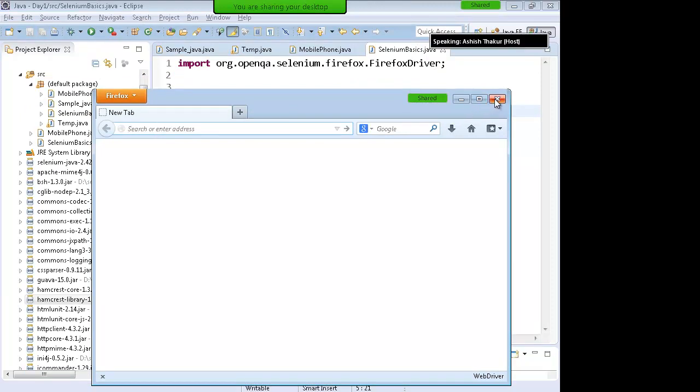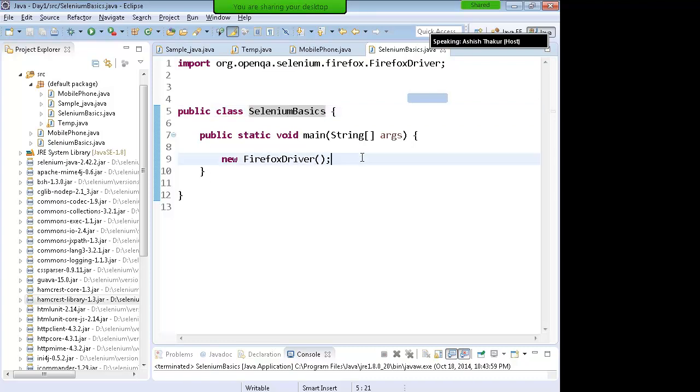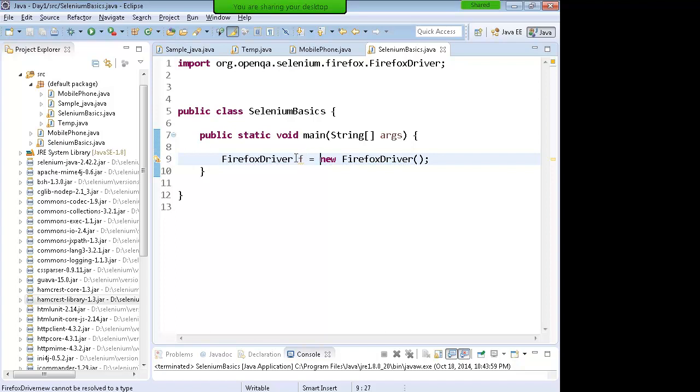I hope you are understanding my point. So it's not rocket science, as I told you again. You just need to know the internal classes and their functionalities. I can give an object reference to it. I can write Firefox driver f equals to new Firefox driver. So with f,